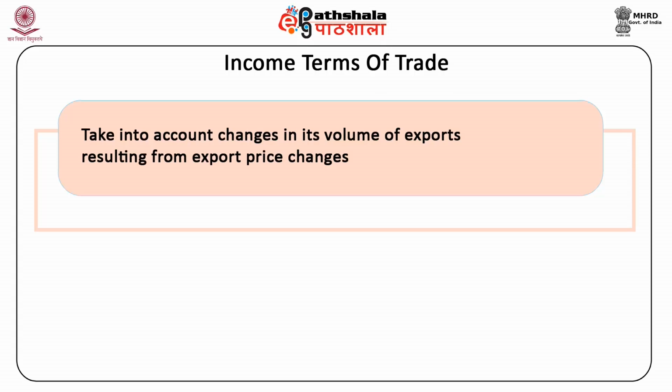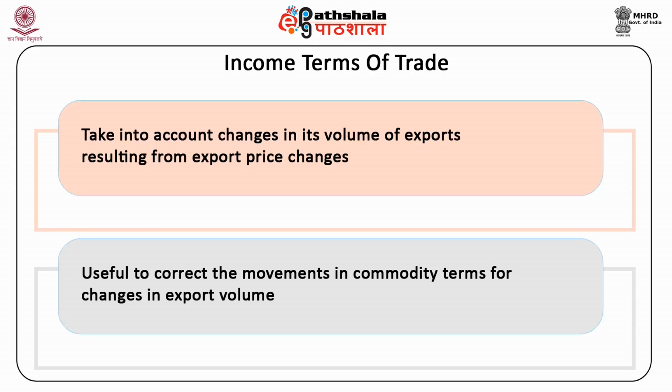Since it is very important for any country to take into account changes in its volume of exports resulting from export price changes, it is useful to correct the movements in commodity terms for changes in export volume. This is done by the concept of income terms of trade, which was first formulated by G. S. Dorrance in